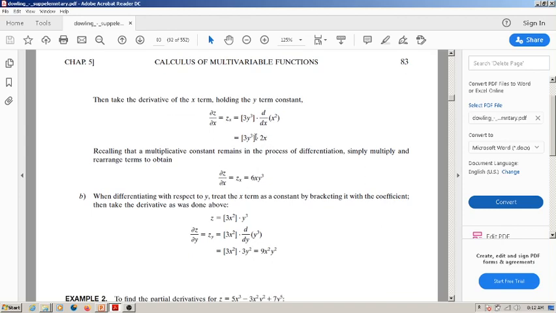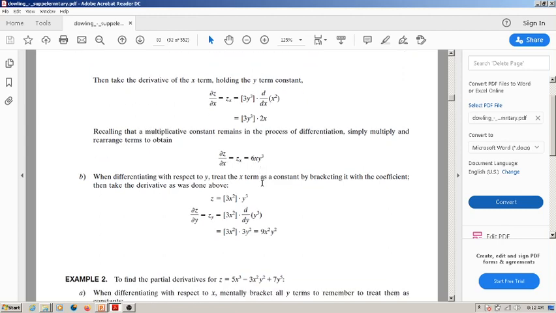Now for the final answer, you can rearrange this. Please note that when a multiplicative constant is there in the process of differentiation, we can't eliminate it, you have to retain it. Since these two terms are multiplied, we can't eliminate this constant term, it should be retained. Now remove the bracket and you can rearrange the term. 3 into 2, 6xy cube. That is the partial derivative. Dou z by dou x is equal to 6xy cube.